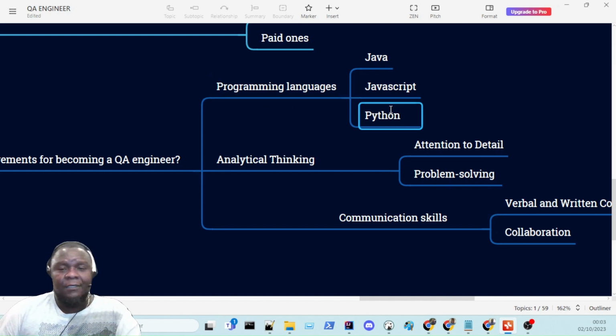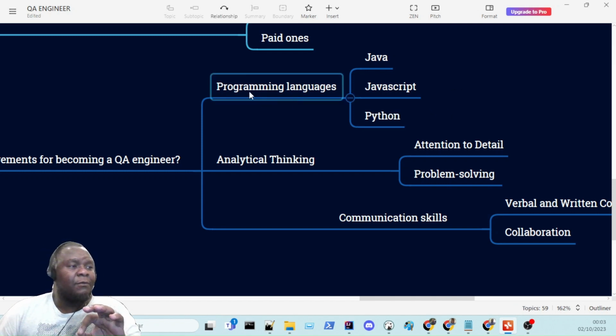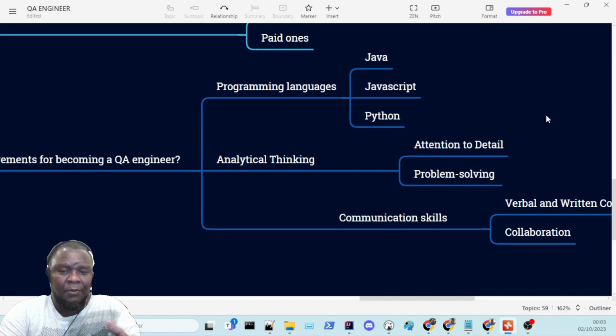So the programming languages are the first thing that you just need to understand. Why is that? There are some people that will talk about manual testing, where you don't need to understand about the programming languages. But I'm going to say to you that for a QA engineer in the future, in the most companies that I'm working with, or where I make some interviews, I can say all the time,